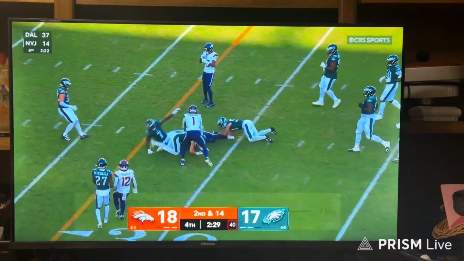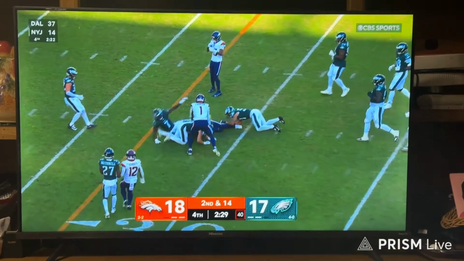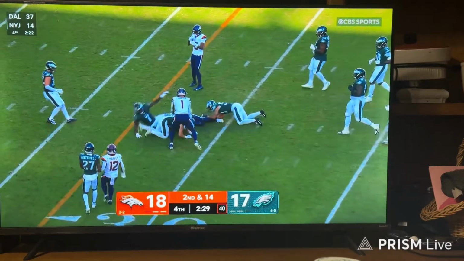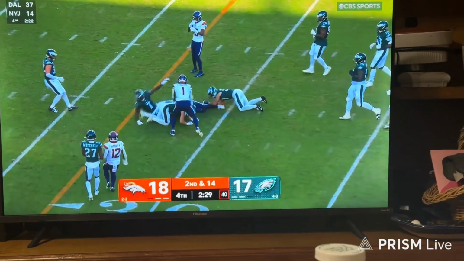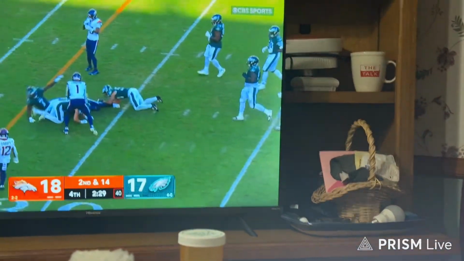But it played a crucial role in what was an eventual field goal that put the game all but out of reach, causing the Eagles to need a touchdown to win the contest, which didn't happen. So again, this is a year of great advancements in the NFL,